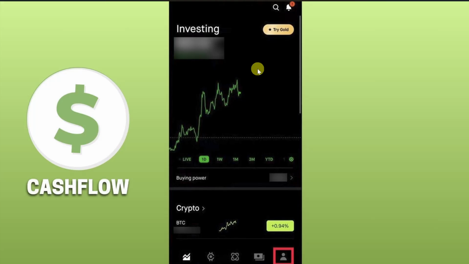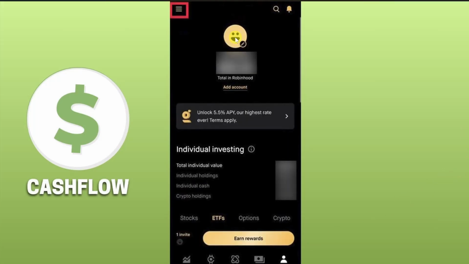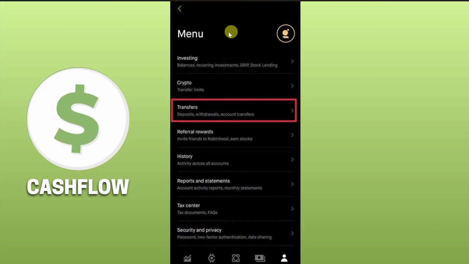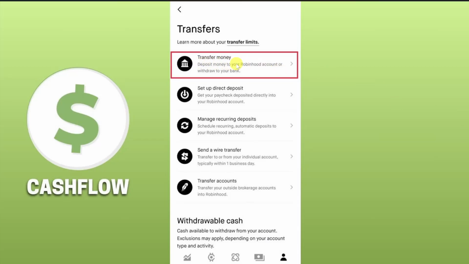In this video, I will show you how you can withdraw money from your Robinhood debit card. Now the first thing you need to do is open up your Robinhood app and then click on this profile icon from the bottom of your screen. After that, you have to click on this three-line icon at the top of your screen. Then from this menu, you have to click on this transfer option, and from here click on this transfer money